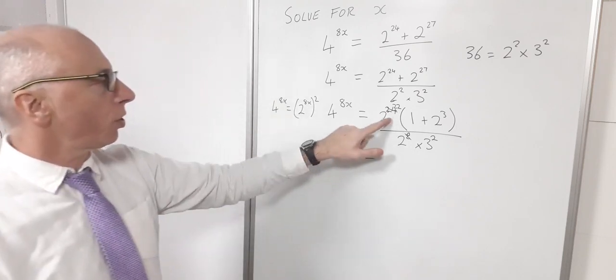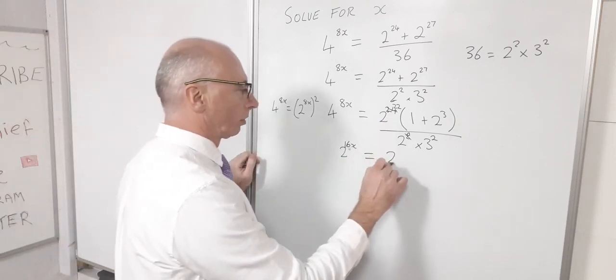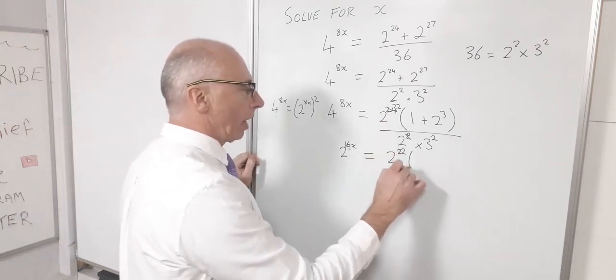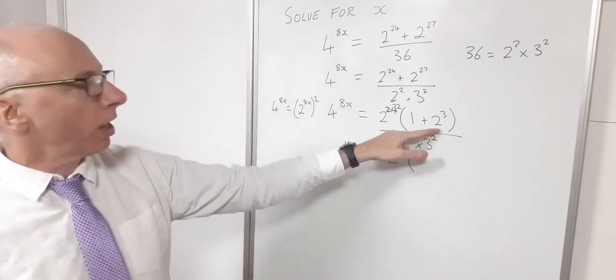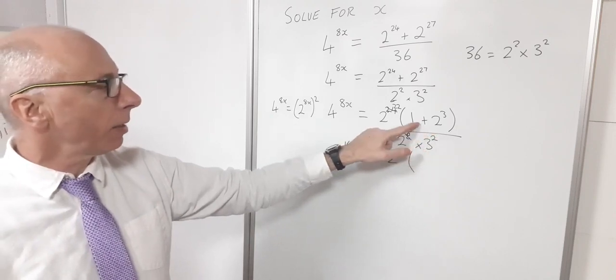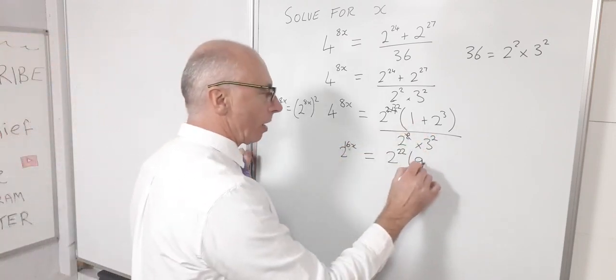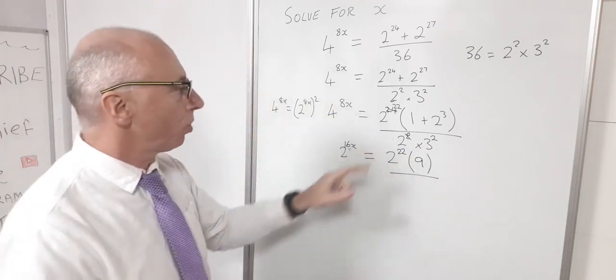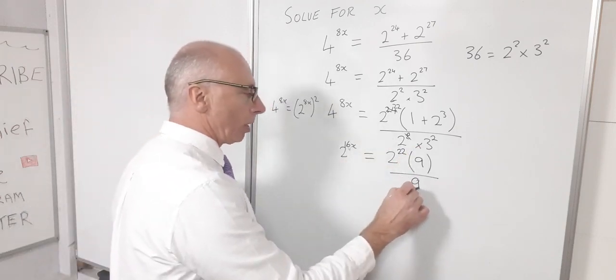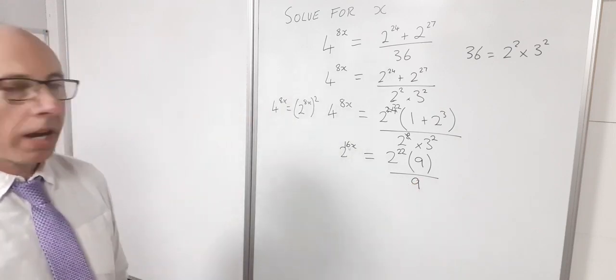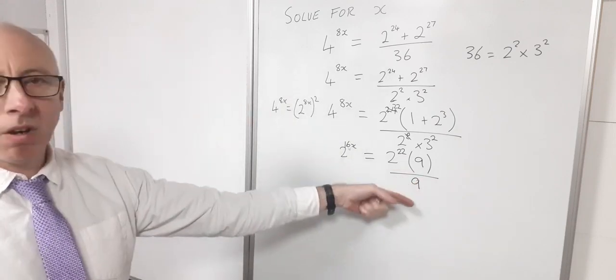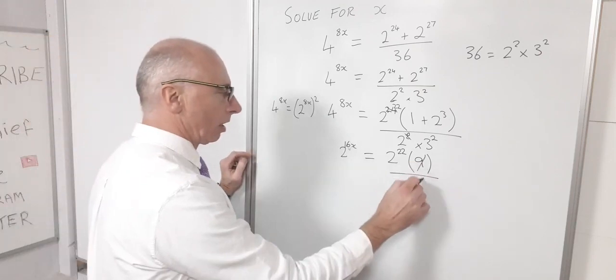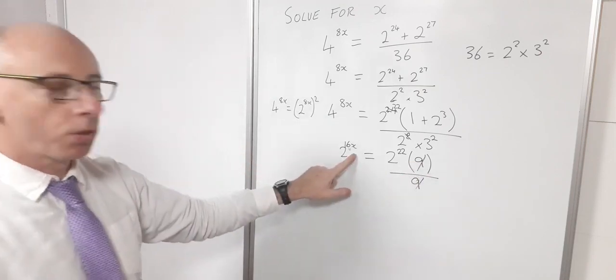Here I've got 2 to the 22. And then 1 plus 2 cubed, well, I can calculate that. 2 cubed is 8, 8 plus 1 is 9. So that will take care of that. And then 3 squared is all I've got left on the bottom. This is reduced to a 1. So I've got 9 on my denominator as well. And that's now looking good. My 9s can now cancel out. So that's all good. So now 2 to the 16x,